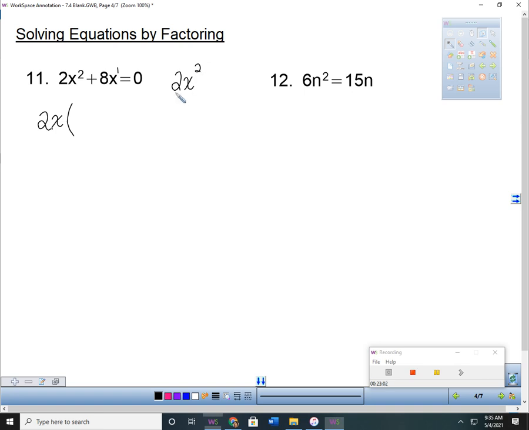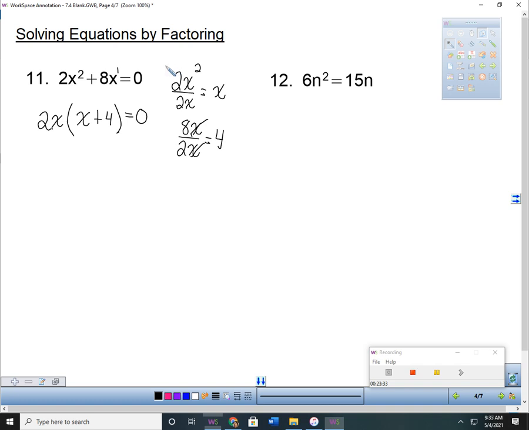So 2x squared divided by 2x. 2 divided by 2 is just 1. And then x squared divided by x is x. So I have a 1x. And then I've got my 8x divided by 2x. 8 divided by 2 is 4, and then my x's cancel, so I have plus 4